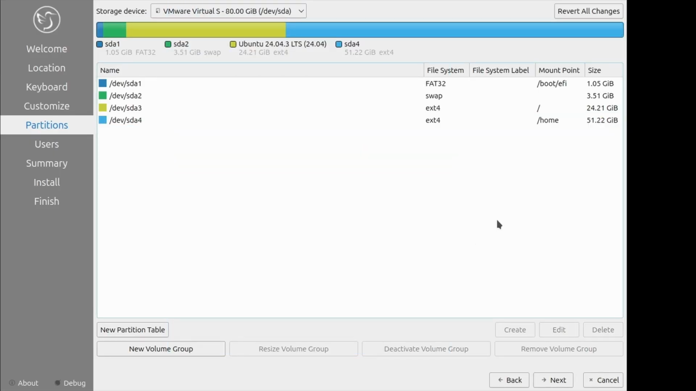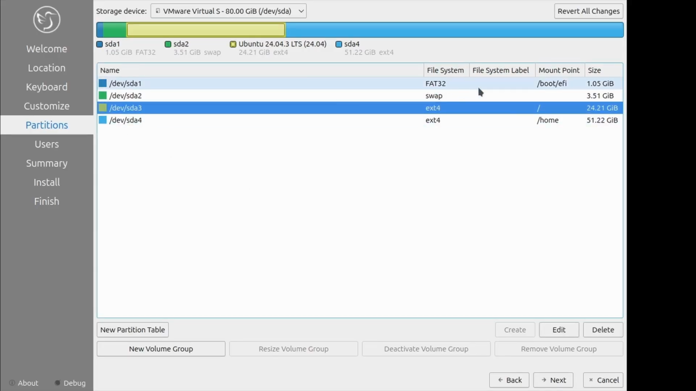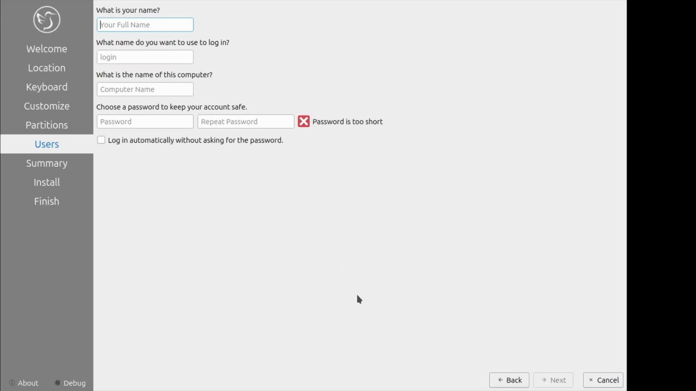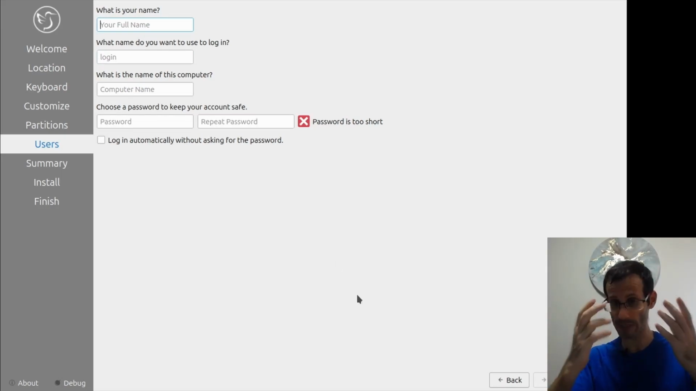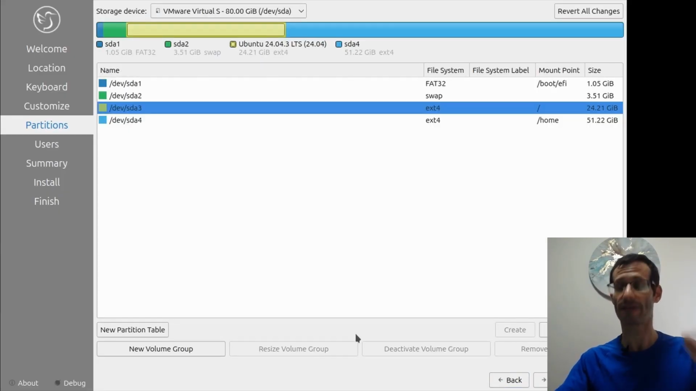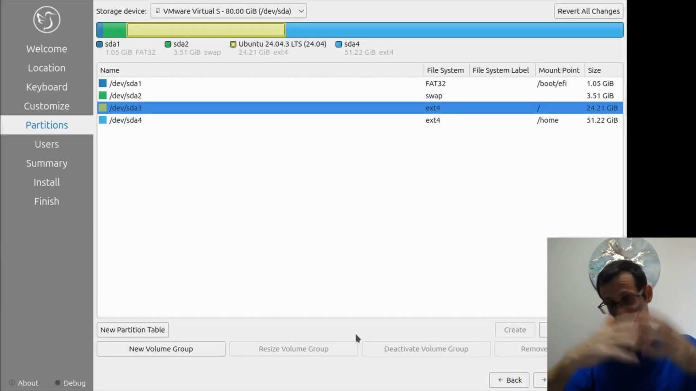So if you are distro hopping, the only partition that you are going to override or format is the root partition, and nothing else. Then you can click on Next, provide your details, and keep on with the installation. But what if you are not distro hopping and you want to install Ubuntu from scratch? Well, let's go back, and if this is the case, or if you want to get rid of what you